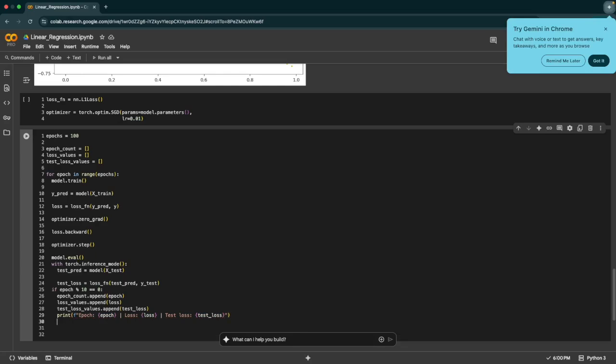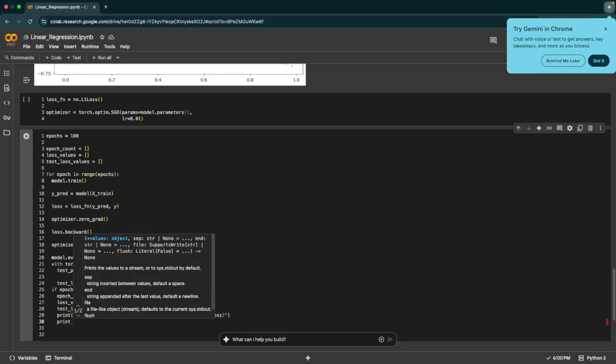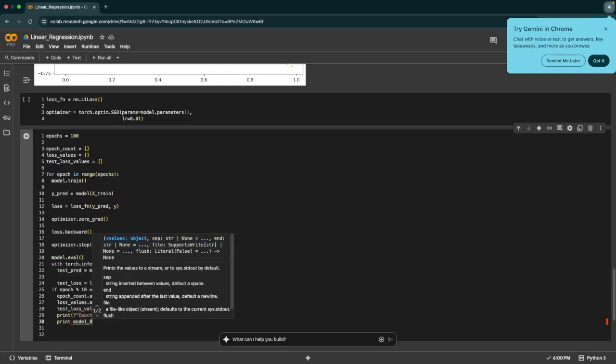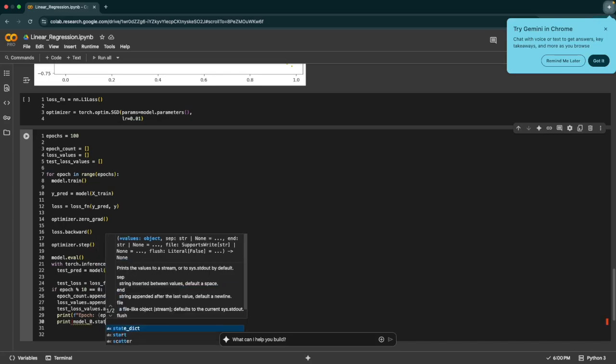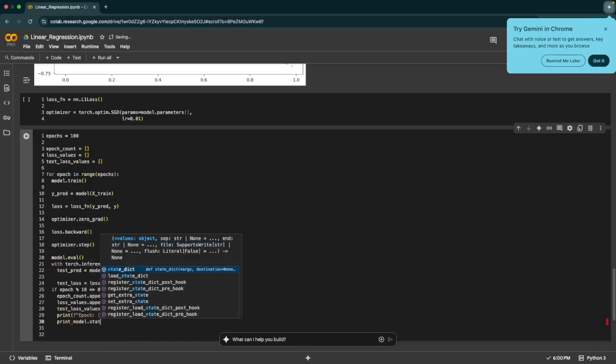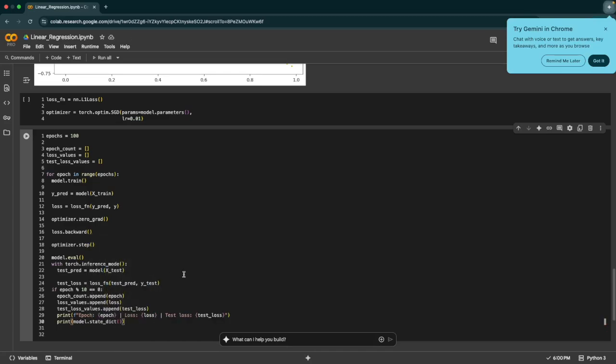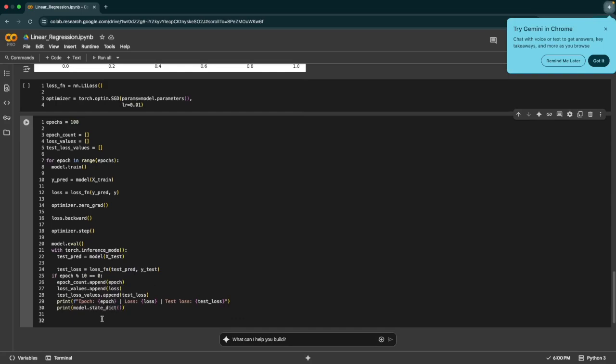Now, I also want to print what's going on with the weights and bias as we're training, because you'll see how they start to change, getting updated using optimizer.step, and how they get closer to the weight and bias we created, right? There we go. All right. Without further ado, let's